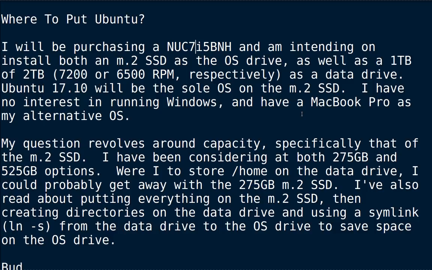Now, as far as him talking here about taking the whole system and sticking it on one drive and then using symlinks to another storage device, I've looked at that. I've done that. I've done videos about that. I've showed people how to do it. And today I would never do it because it's just a big pain in the butt. You're sitting there chasing down where all the links are and how you're going to mount that other drive to the system and where it's going to appear in the system. It really gets to be this big kind of thing. It's advanced, and it's also kind of a pain. What I like to do today is just keep it really simple.